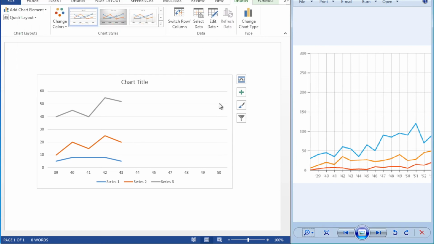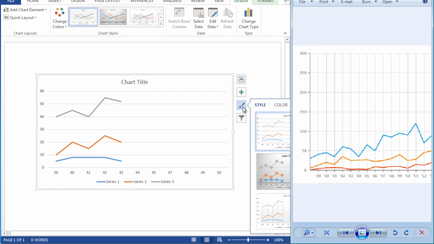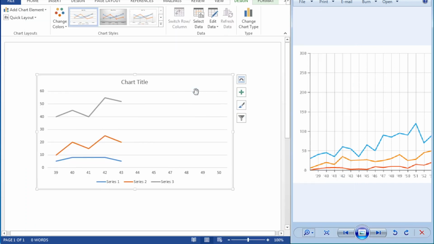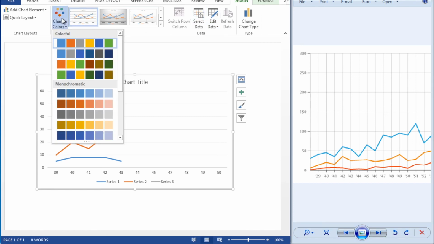Okay, change the style. What is here? Change the color.